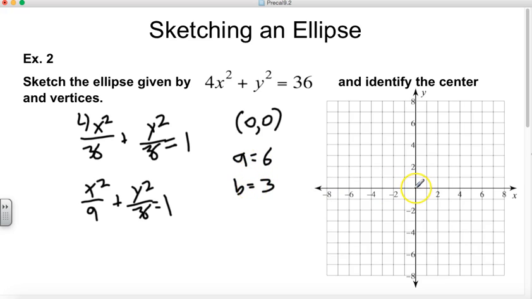So let's draw the center at 0, 0. Then we're going to go 6 from the center, but remember you have to do it along the y-axis, so vertically, because we got 6 from the y fraction. So we're going to go 6 from the center vertically. 1, 2, 3, 4, 5, 6. There's one vertex, and then 6 the other direction. 1, 2, 3, 4, 5, 6. So there are our vertices, and then we're going to go 3 along the x-axis. 1, 2, 3, and 1, 2, 3. Okay, so that gives us